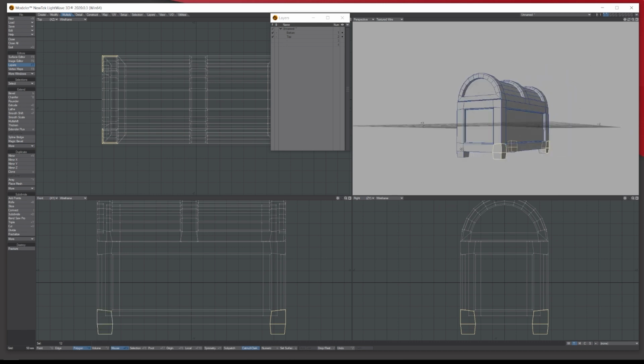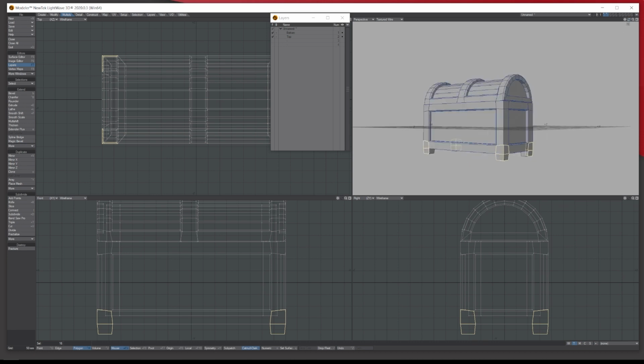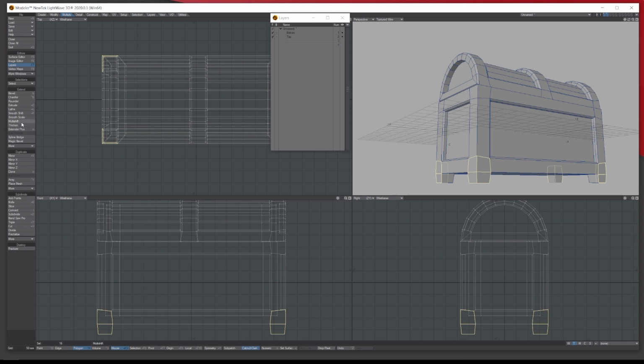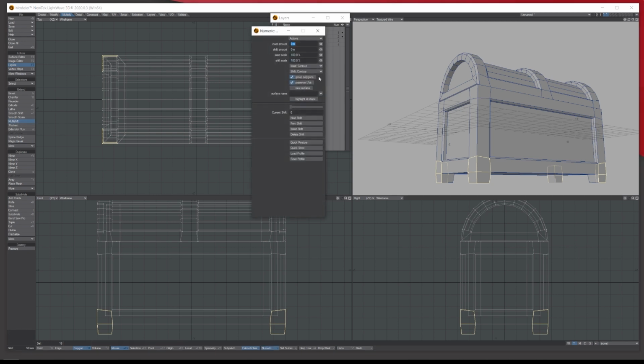I can't remember if I did this on the top or not, but it's up to you. Like so. And what I want to do is we're going to use the multi-shift. Click on numerical. Make sure it says group polys. If it's not grouped, when you bring them out, it's going to do this. And I don't want that. I want them grouped so they're together.